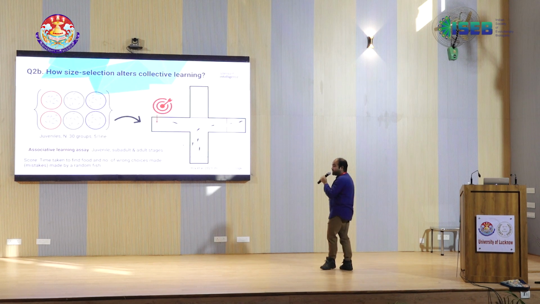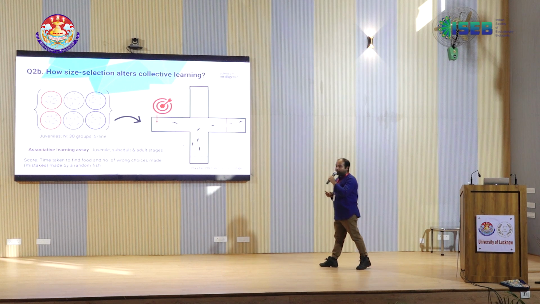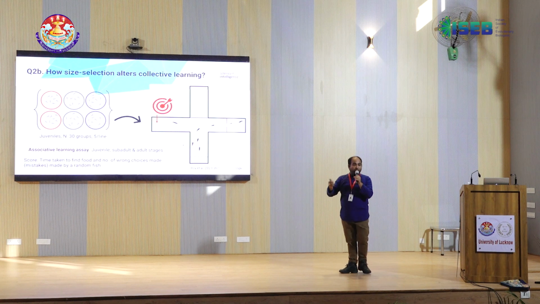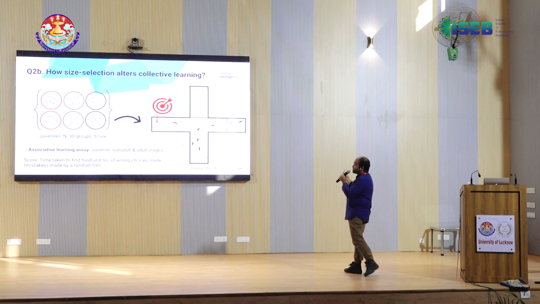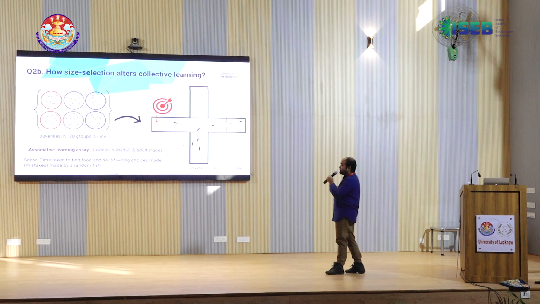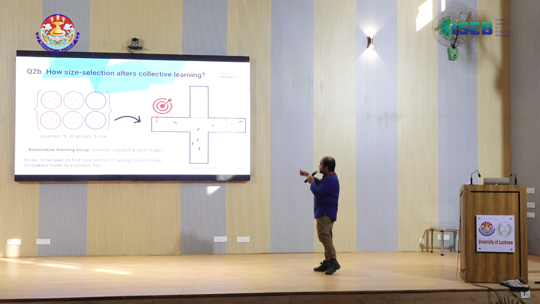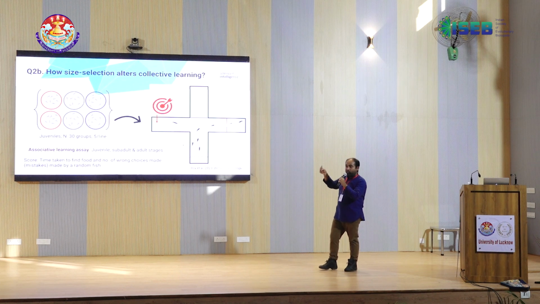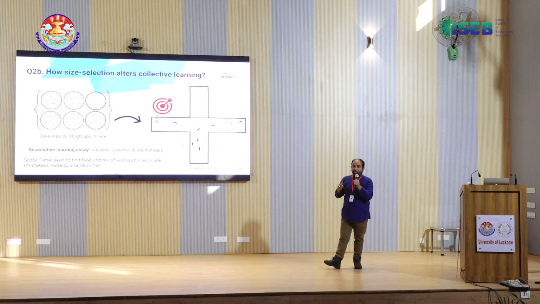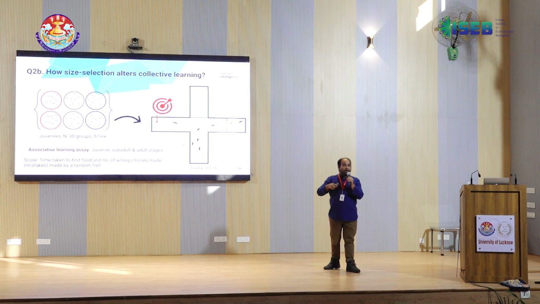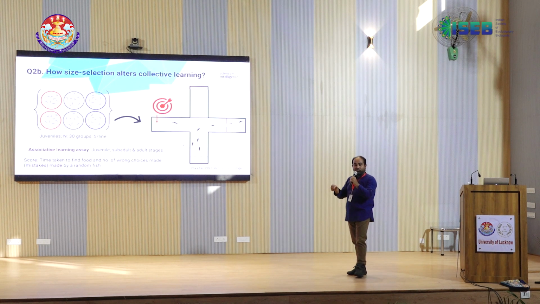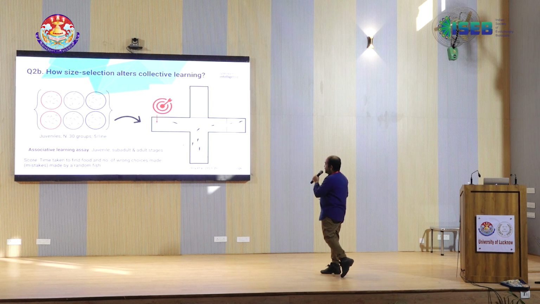We did a collective learning assay. We used an associative learning paradigm for this. It's a color discrimination paradigm where the fish learns to associate one of the colors with the food reward. We did this across ontogeny. We started with juveniles, then subadults and adults. We subjected groups of 8 fish to this assay. We released them into the arena, and when a random individual entered the correct colored chamber, it was rewarded with food. We estimated the time taken by this random individual to reach the food reward and the number of mistakes made by the individual before it reaches the food reward.